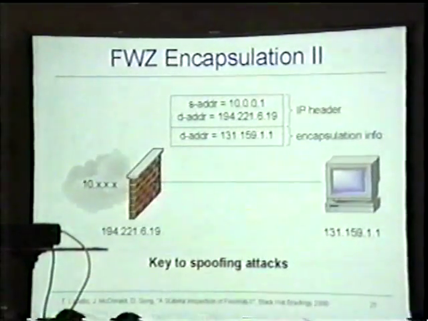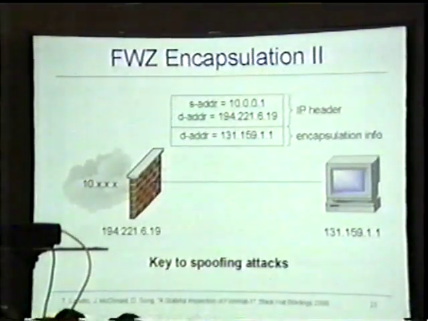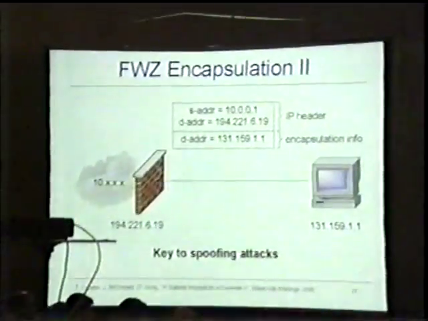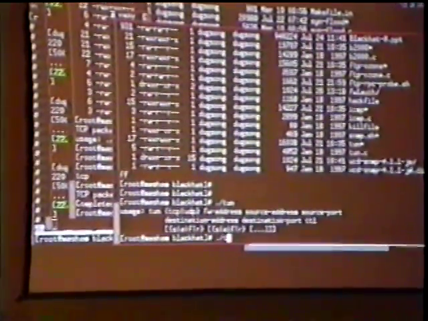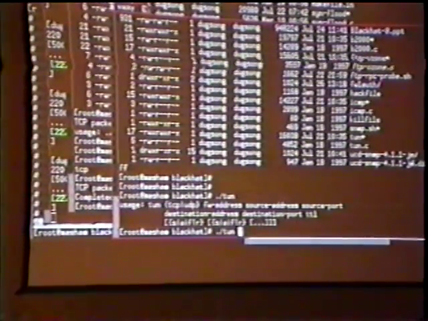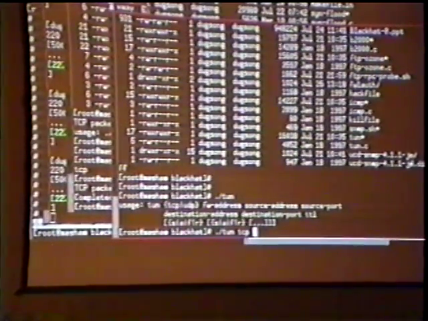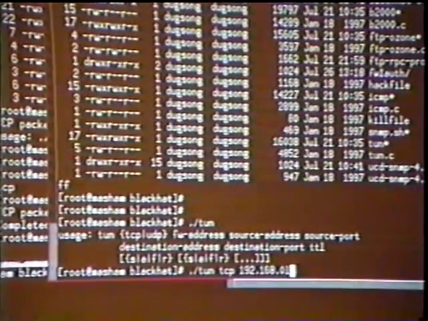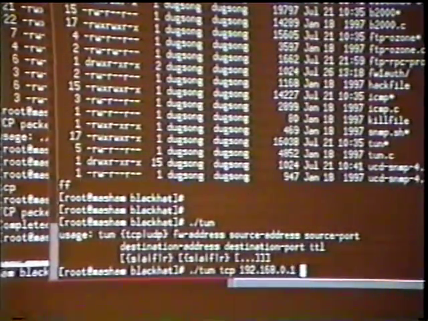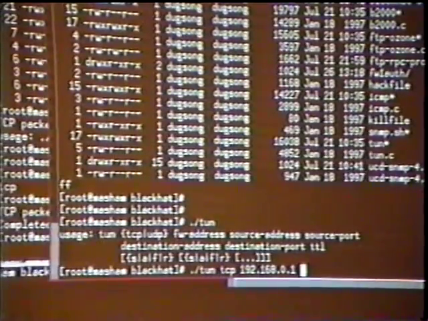All I'm going to do now is just send a packet that meets the ACL just to show you that the encapsulation works. Now I'm using a tool called TUN that we put together, and this takes the protocol, so I'm going to do TCP, the firewall interface, then the source address, which will be our machine,